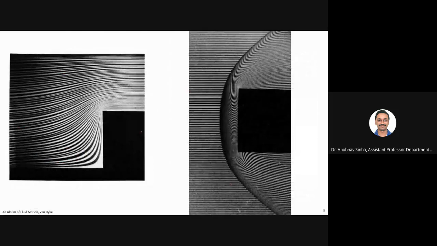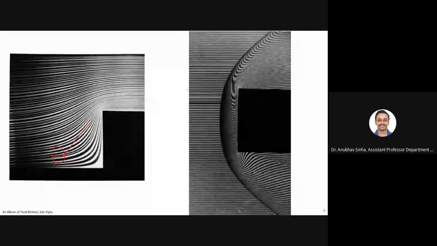Same behavior here. Fluid doesn't care. Fluid will come up to here, then suddenly the shock is there, and from that point it will diverge. Again, these are not streamlines. This is an interferometry image, but at least you can qualitatively make out that something drastic is happening here. Right? This is clear? Yes or no? This is a shock front.